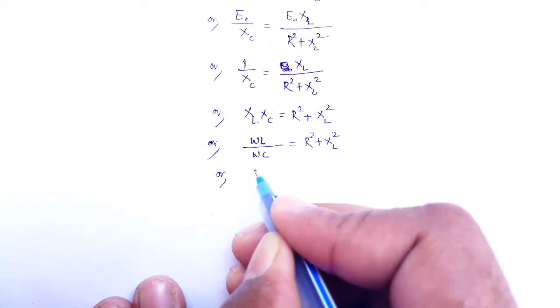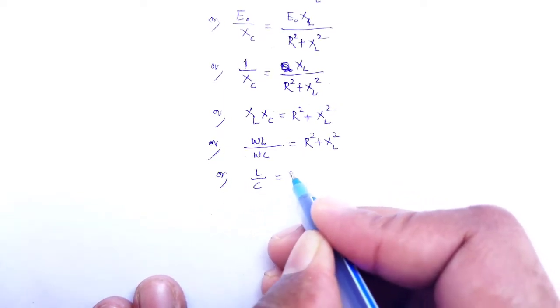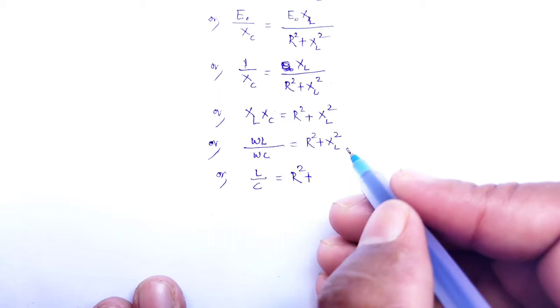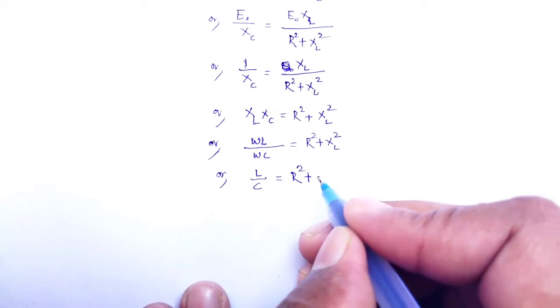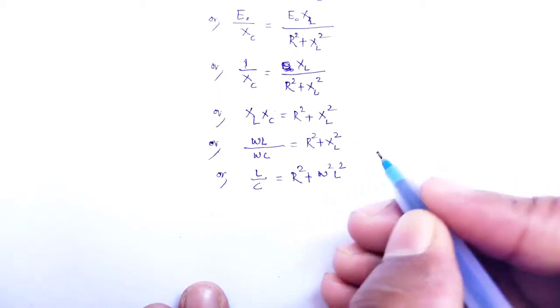Omega cancels out. So L by C is equal to R square plus, in place of XL we can substitute omega square L square,